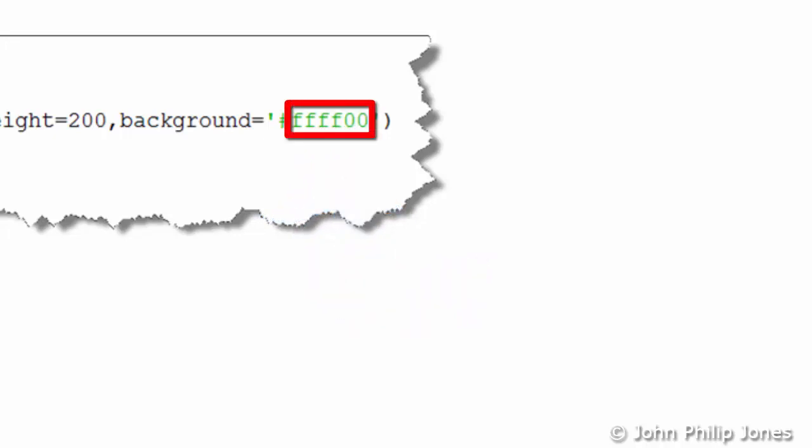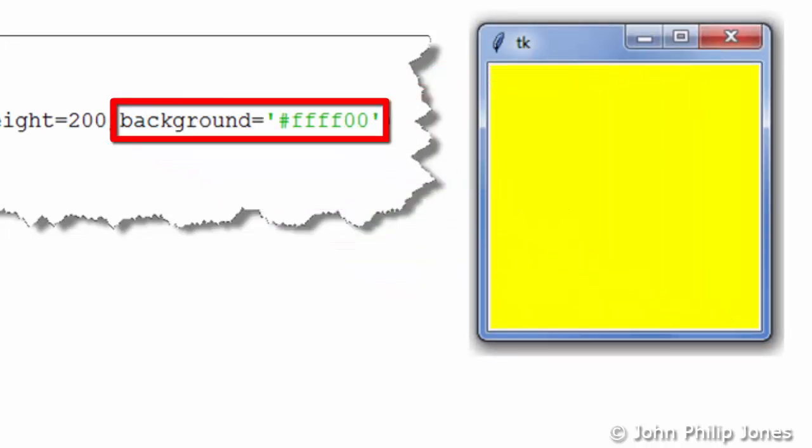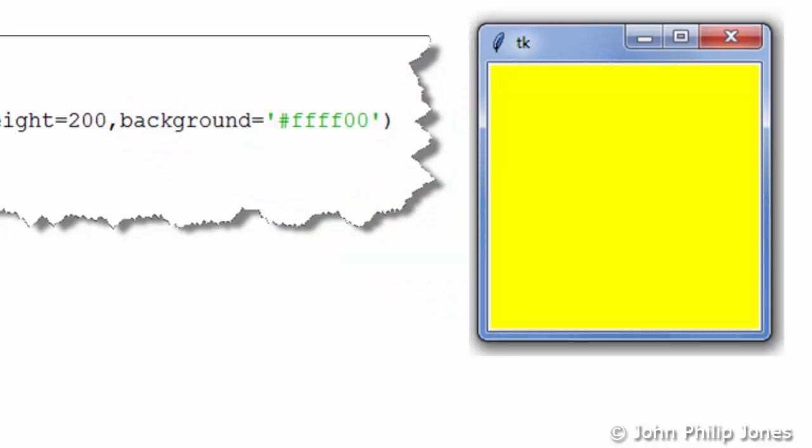Now what this color code is going to be doing, it's going to be mixing together the red and the green, the full amount of red and the full amount of green. And what you need to realize is you're mixing light here. Now when you have this color code, what you're going to see is a canvas that is yellow, with its background color set to yellow by this hexadecimal color code. So mixing red and green